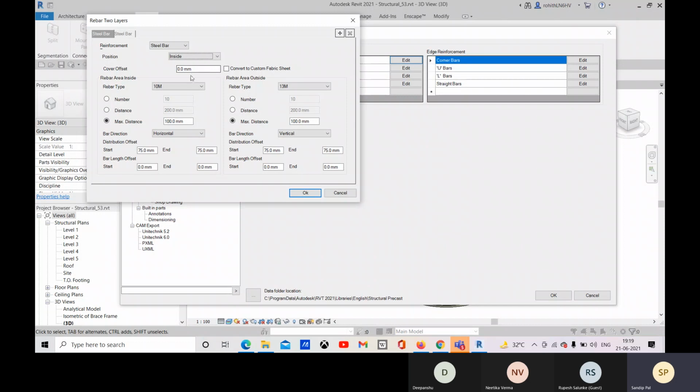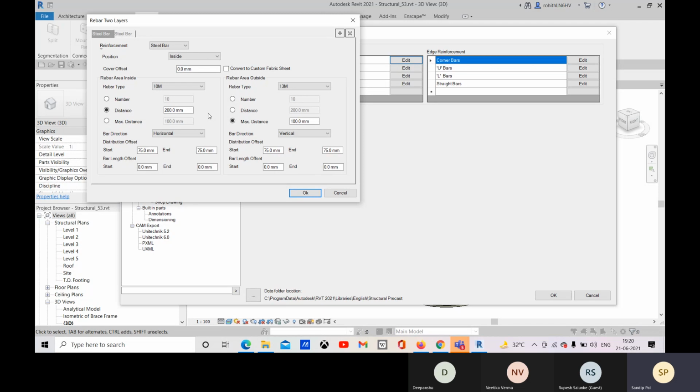And any cover offset. From the inside, you put cover offset, and then what the rebar type will be for the inside, for the outside we have, and the maximum distance, how much distance it will follow. This is generally for the distribution. You want to specify the numbers or the distance.